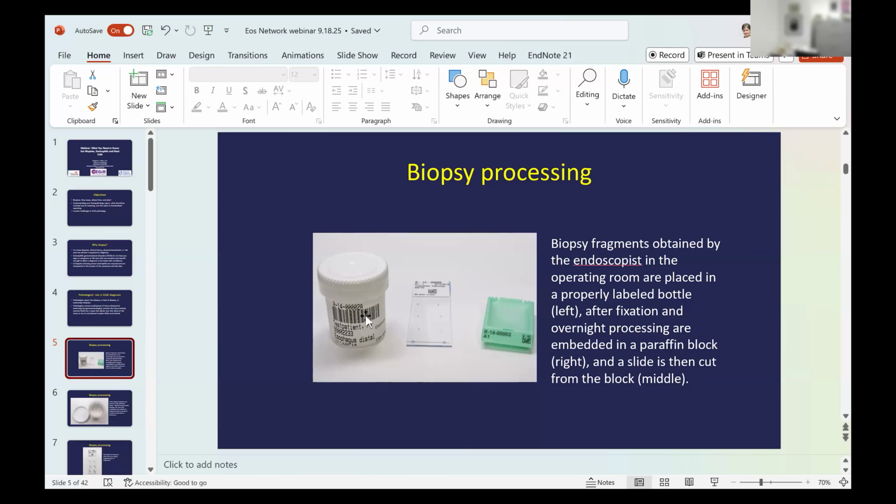So in the operating room, most people don't know this process. The biopsies are obtained by the gastroenterologist. They're placed into properly labeled containers that include the site from which the biopsy came, such as esophagus distal. There is a number that is assigned to those biopsies in the path lab, and a barcode is assigned as well. And that barcode is carried through the rest of the processing